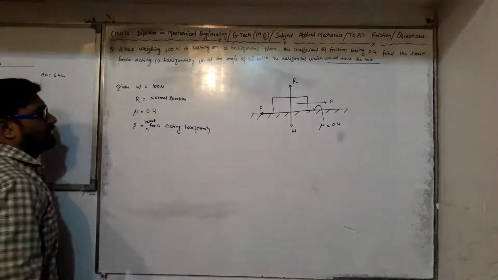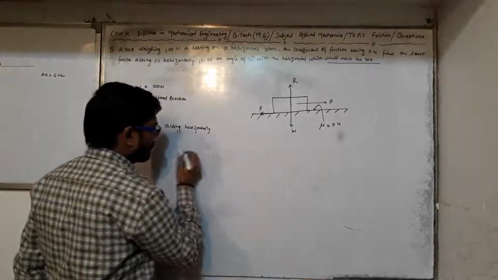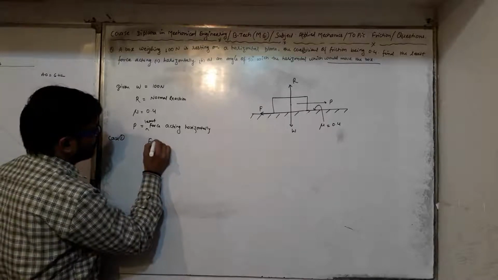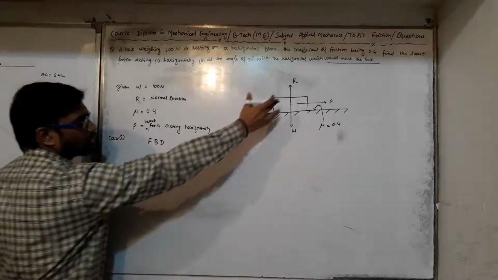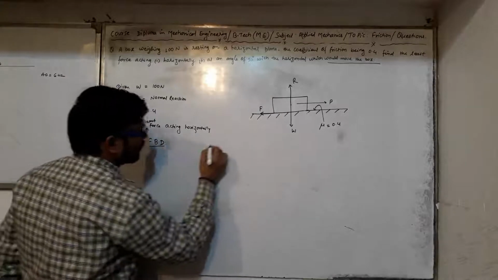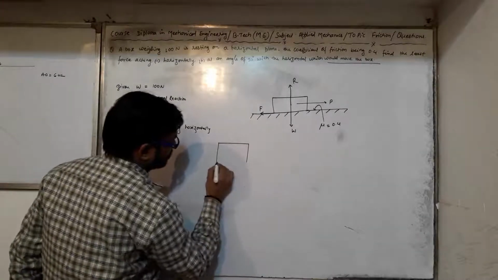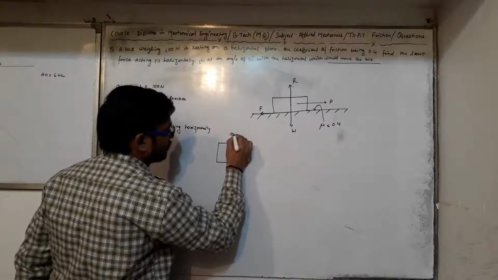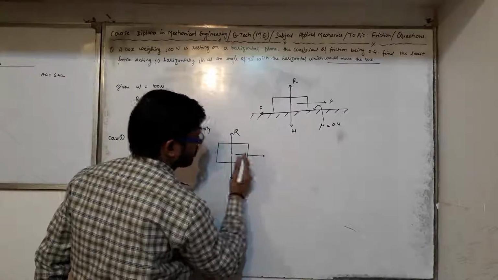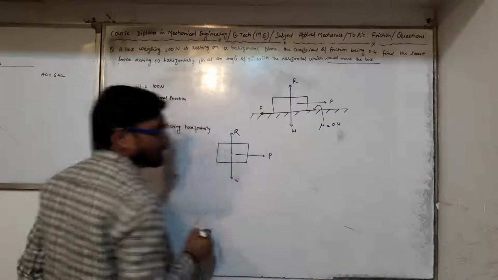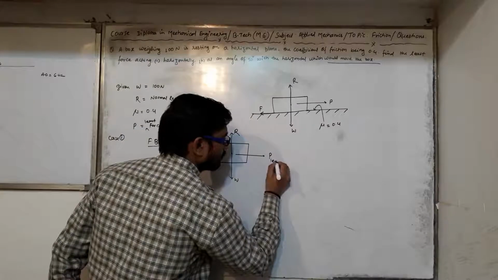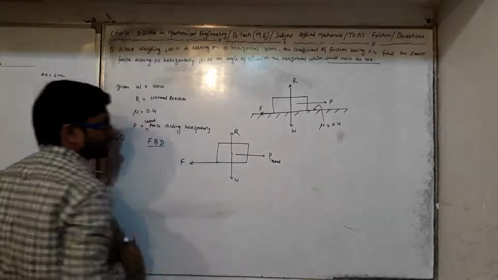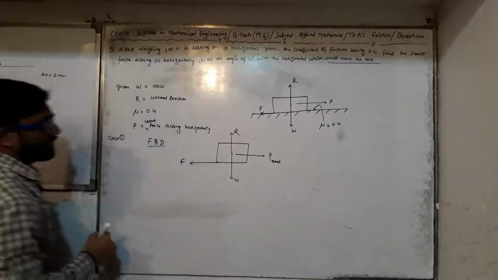So my dear students, here we are seeing how much amount of least horizontal force is applied. Here, if I am drawing the FBD, the free body diagram for case 1 for the given situation, the FBD would be like this. There is a box, in the downward direction W is acting, in the upward direction the normal reaction is acting, in the rightward direction the least force P is acting, and in the leftward direction the force of friction, that is the limiting friction, is acting.